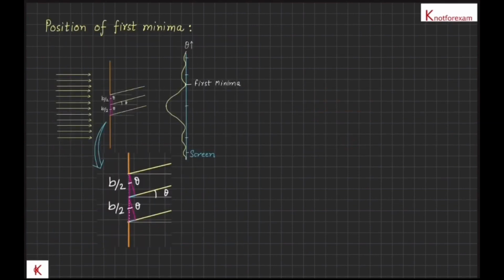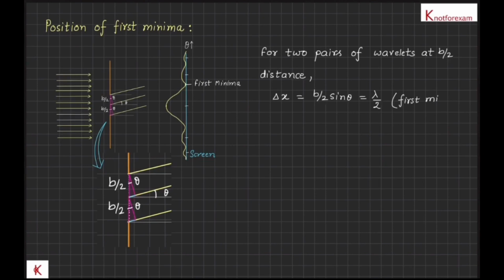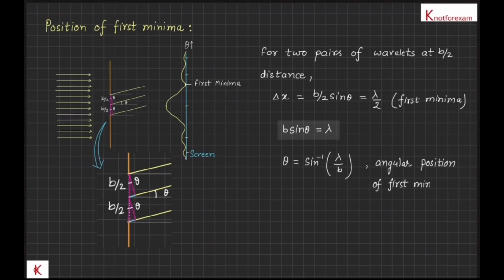Let's find position of first minima. For two pairs of wavelets at b by 2 distance, path difference delta x will be equal to b by 2 sin theta, which must be equal to lambda by 2 for destructive interference, and there will always be a pair corresponding to any point on the slit for which distance is b by 2. Therefore, for b by 2 sin theta is equal to lambda by 2, or b sin theta is equal to lambda, or theta is equal to sin inverse lambda upon b,